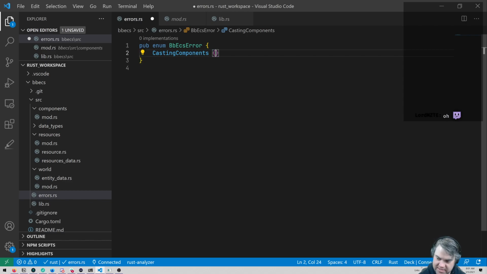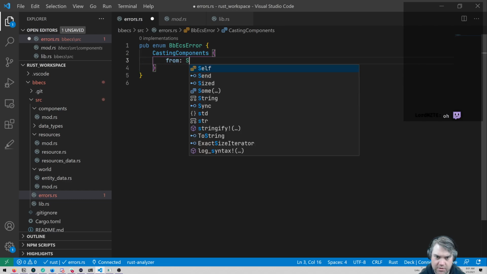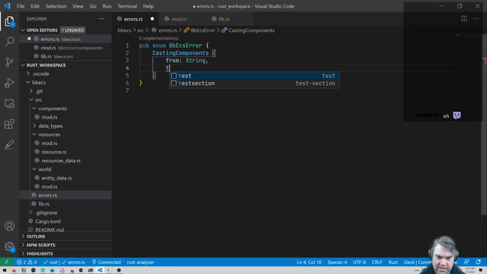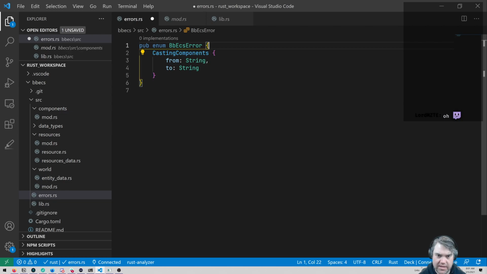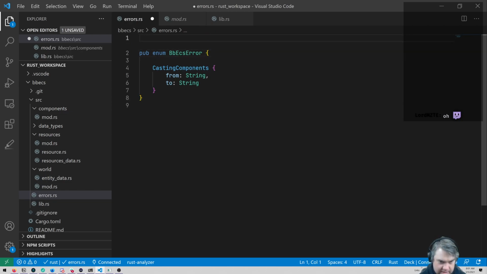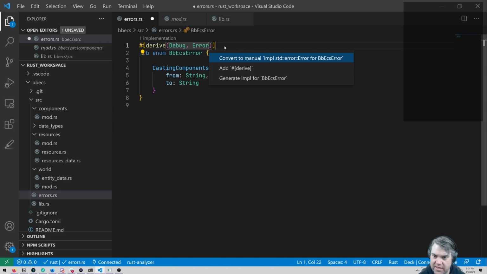And it's gonna be this, from. You can have a string and a to, which can be a string. And then up here we need to do a derive, debug, and error. And then pull in... Okay, hold on.